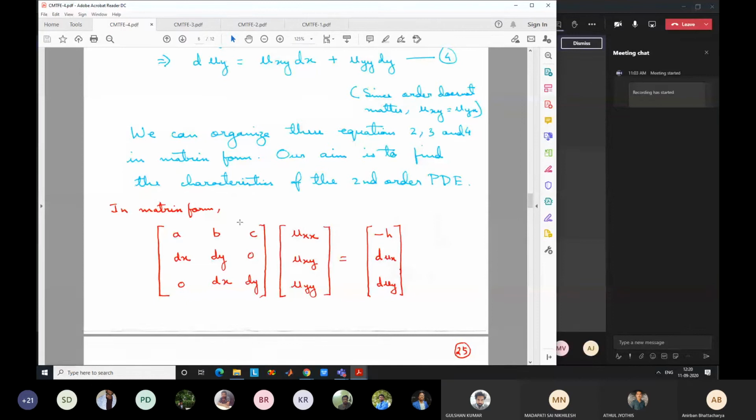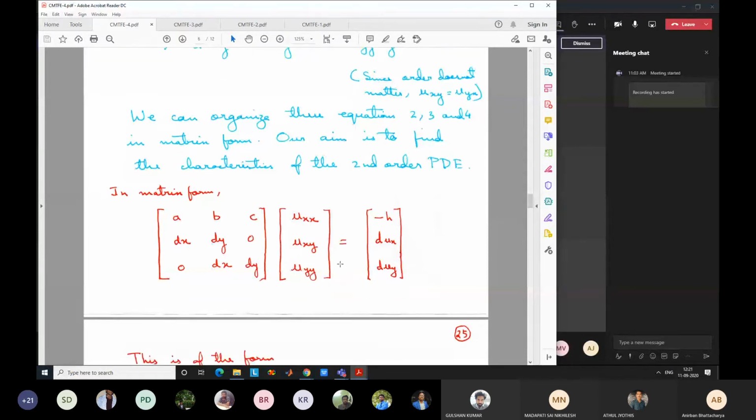In case you are confused, most of you know this. It's very trivial, but still, to remove any confusion, I am just telling why we have written it in this form. Any system of linear equations, or some algebraic equations, when solving you can write in this form. When you solve algebraic equations, not PDEs, say you have independent variables x, y, z, you can write them in this form with the coefficients and the other terms, and solve for that. So this is the form.